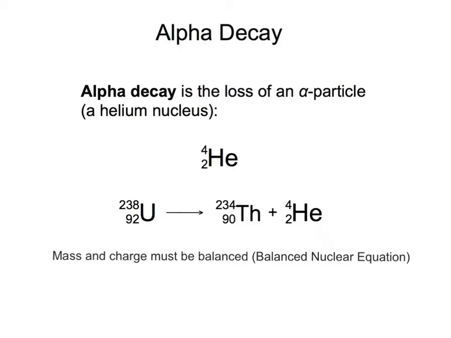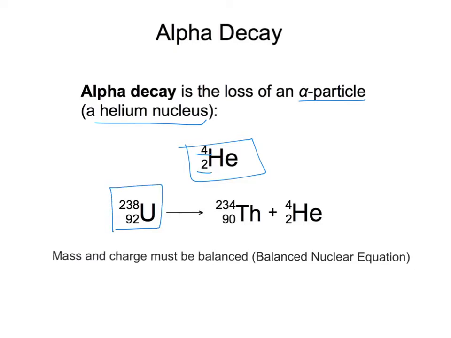Now, alpha decay is the loss of an alpha particle. Alpha particle is a fancy way of saying just the nucleus of a helium atom, which is this here. Helium has mass number of 4 and atomic number of 2. So 2 protons, 2 neutrons, making a total mass of 4. Let's say we have